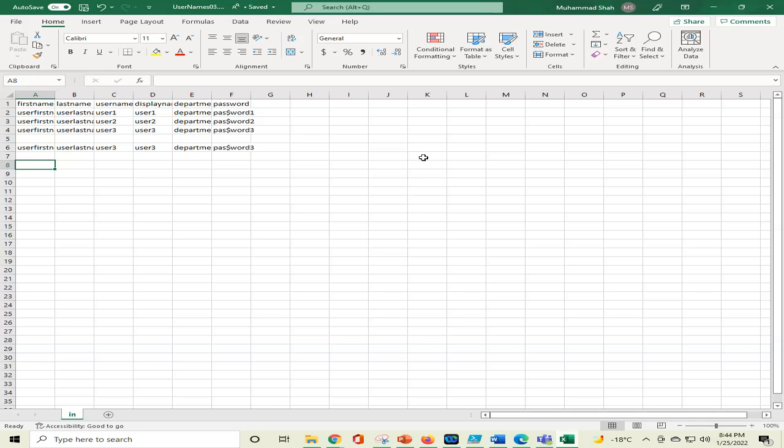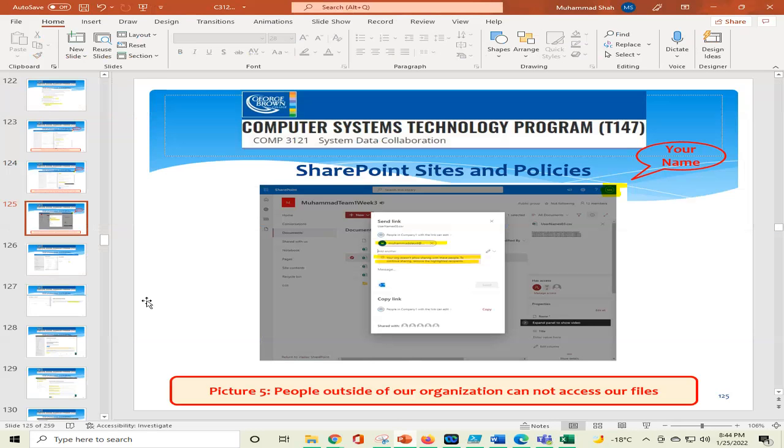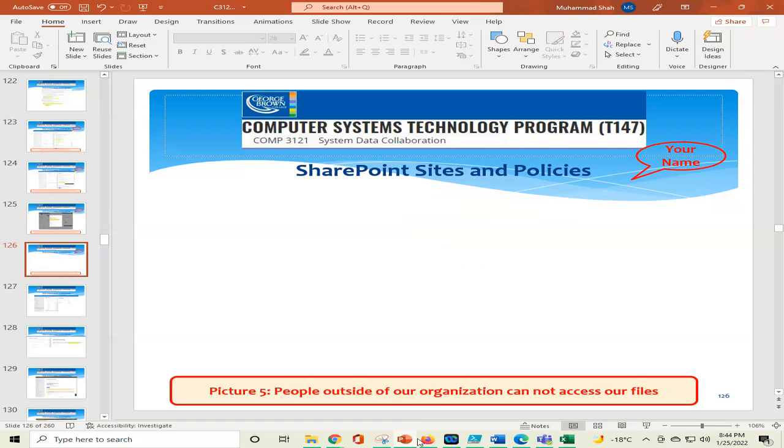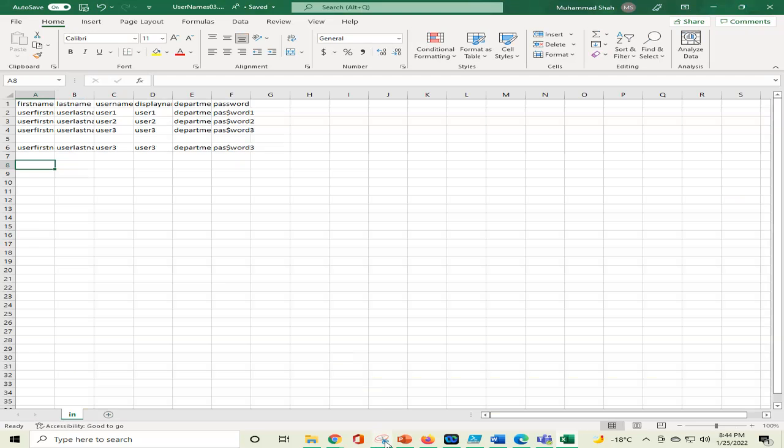Okay, so I'm just minimizing this one, and we see if we can make a picture to show that the file is editable that we wanted to edit. If I go to my PowerPoint slides, I see here people outside of the organization cannot access our files, and I want to show that people inside the organization and the person who we have sent the link will be able to edit. So I go to this page and duplicate it and delete this picture, add a new title. And for that, I will take the picture from here,